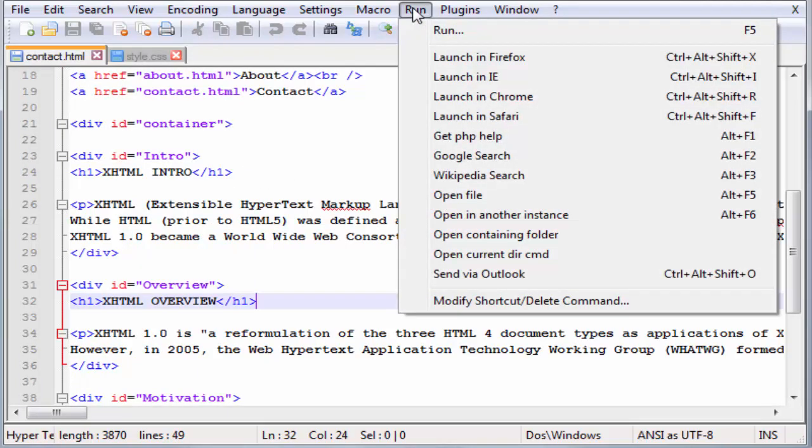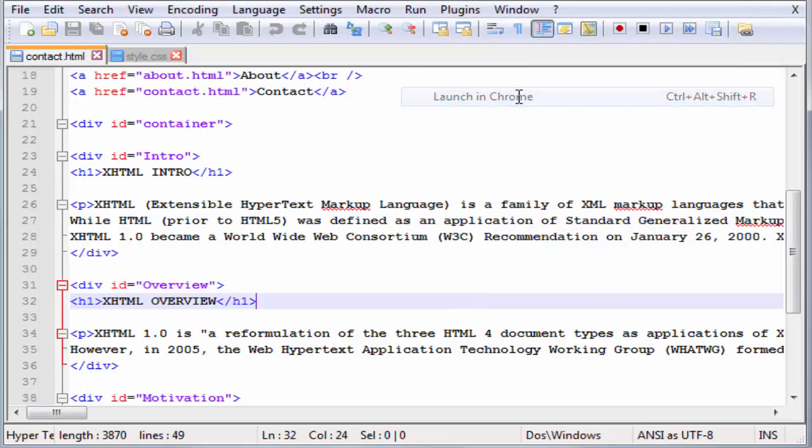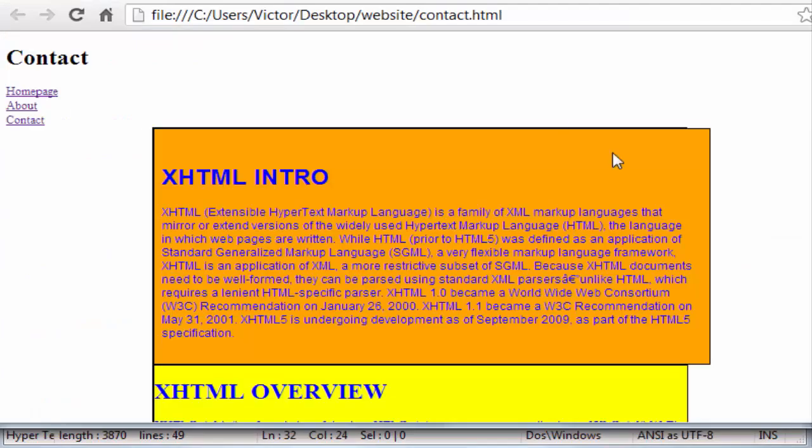Let's run this in Chrome, and there it is. Okay, so you can play a little bit more with this and try for yourself,